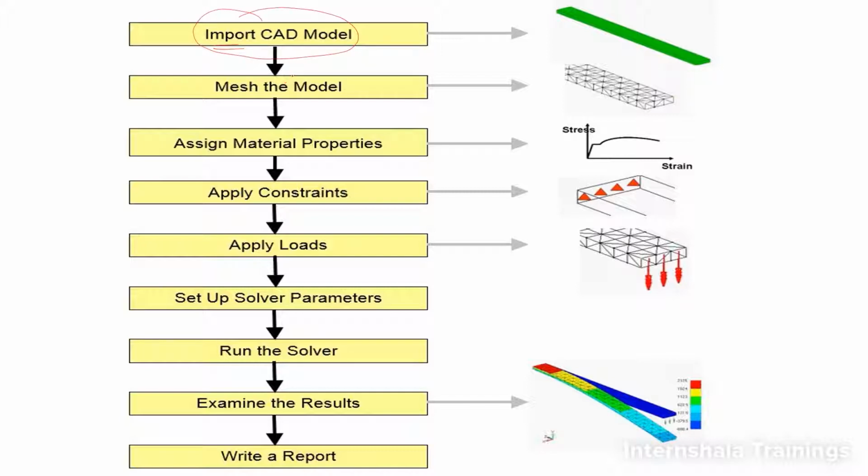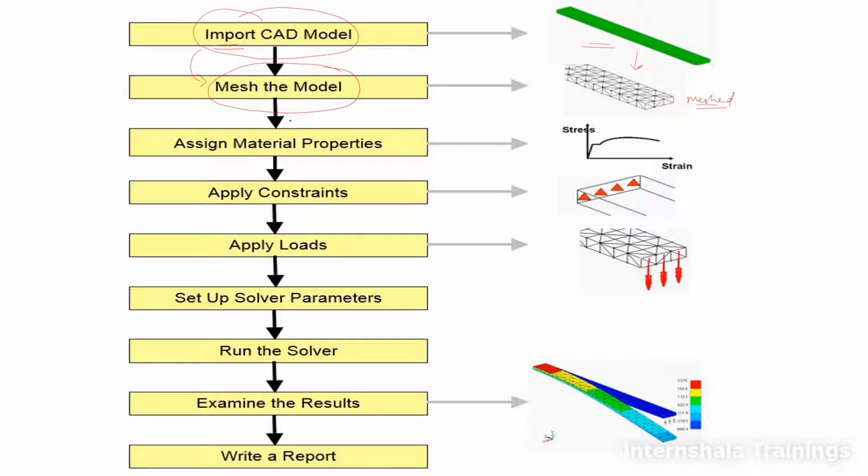And once you import the CAD model, what you need to do is mesh this particular model. Meshing is nothing but converting the CAD model into what is known as a meshed model. Here is an example where we have taken the geometry, or imported the geometry, into FEA software. Then using meshing, we converted this particular model into the meshed model. The meshed model only contains mesh elements as well as mesh nodes.